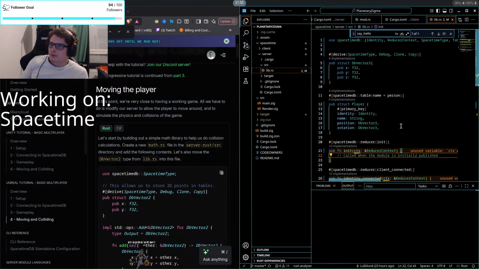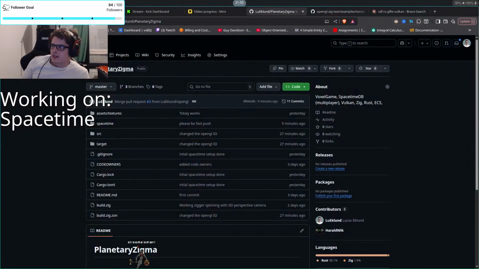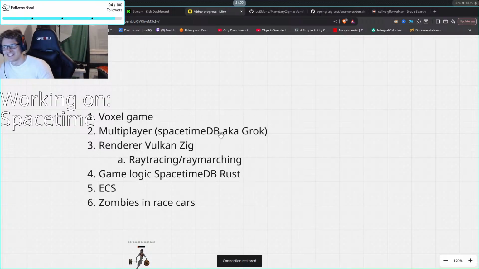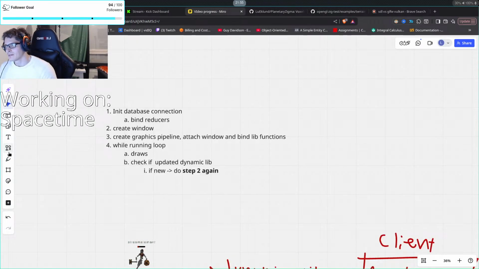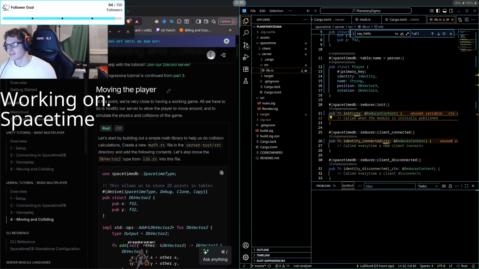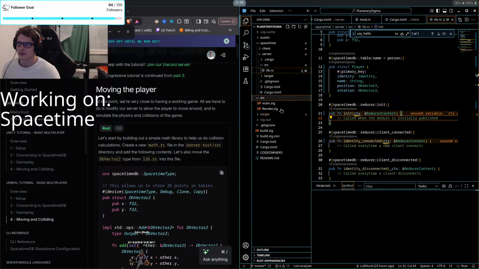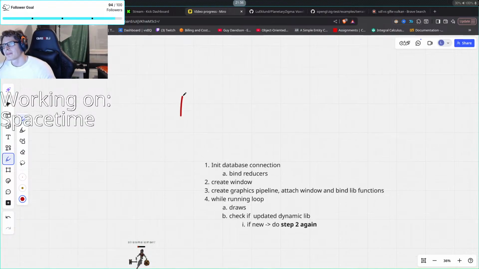I will start working on the database for that. Basically, the idea is that we'll get. And you want me to make the renderer? Okay. I want you to do the render. Yes. Yeah. Basically. But before we do that, I will make sure that we connect. We will write it here. Okay. So through Rust, because it has to happen through Rust. The client is Rust, and then we have to have the dynamic library and the data structure.